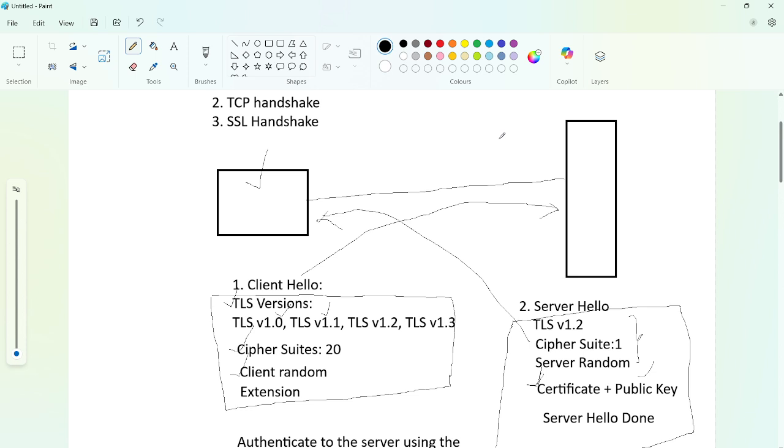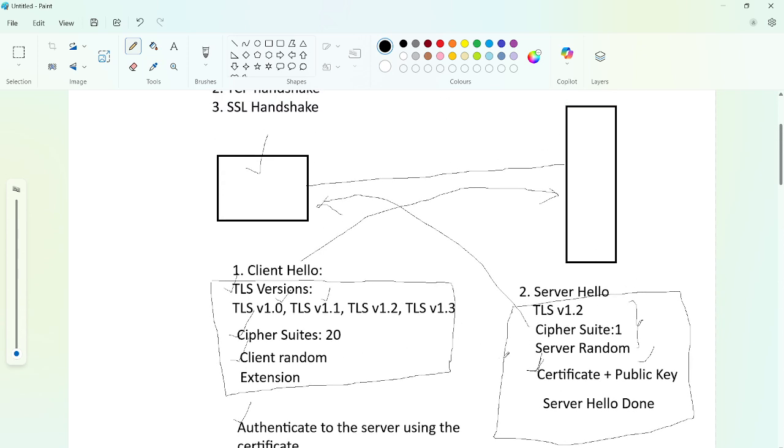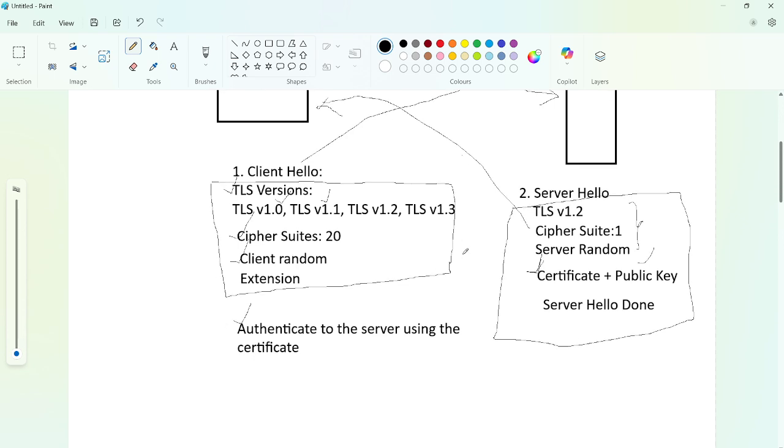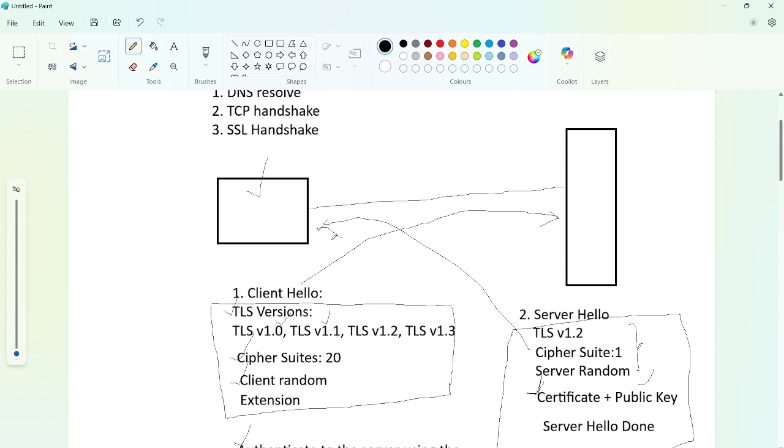If we receive a spoofed server hello or any other request from spoofing servers, we are not going to entertain that. We are not going to accept that, right? Because we have already authenticated with the legitimate server. Okay, so that is the purpose. This certificate will be helpful here in order to authenticate and to know whether we are receiving the traffic or packets from the legitimate server or not.